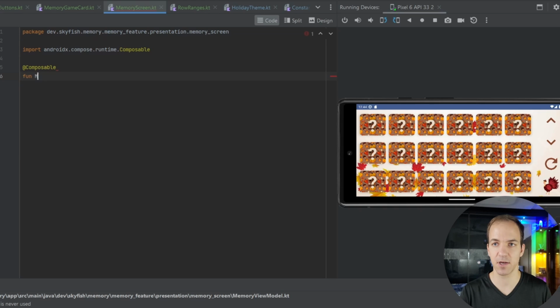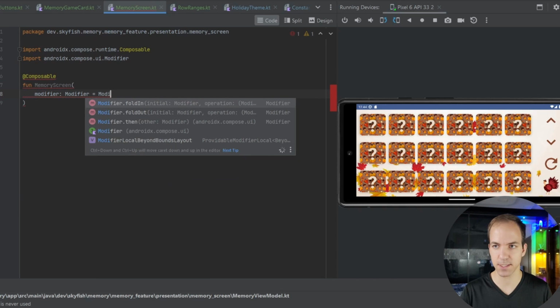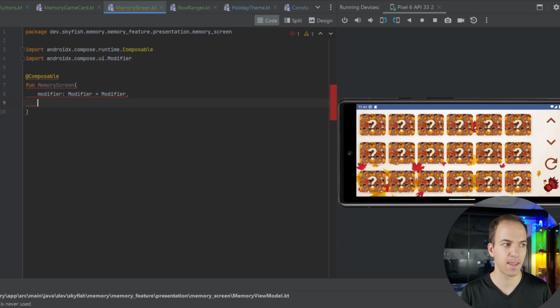And this is just going to be called memory screen. We're going to pass in a modifier, which by default is just going to be the default modifier. And then I'm going to have a view model as well, which is a memory view model coming in. Now, inside of this memory screen,